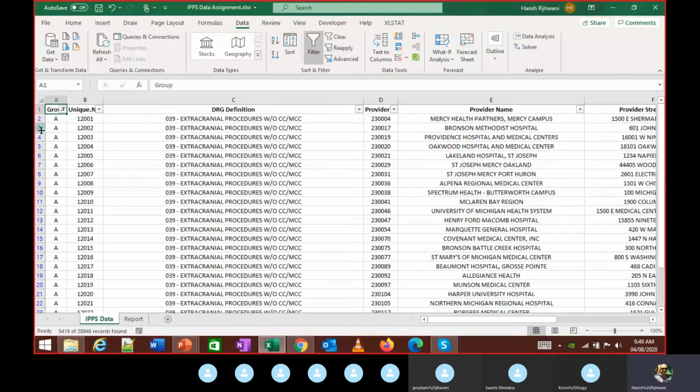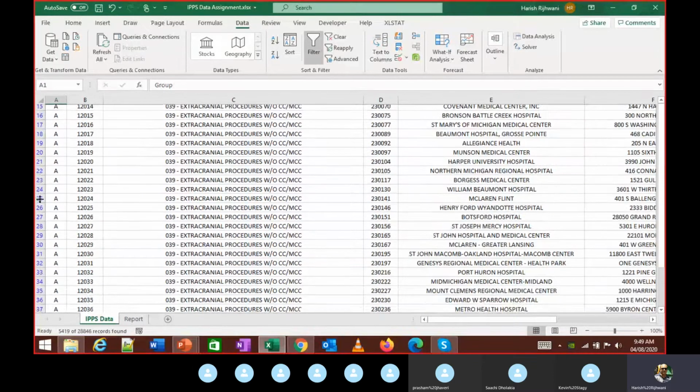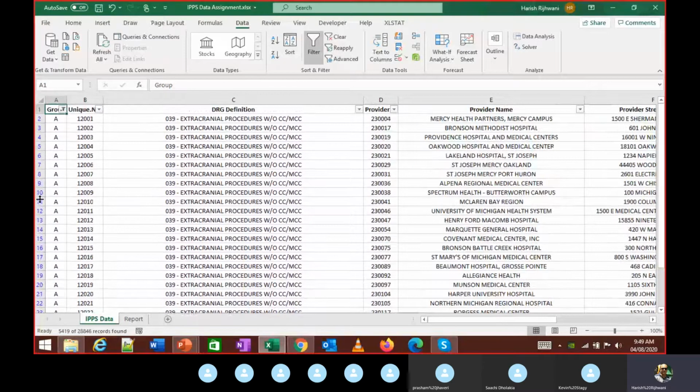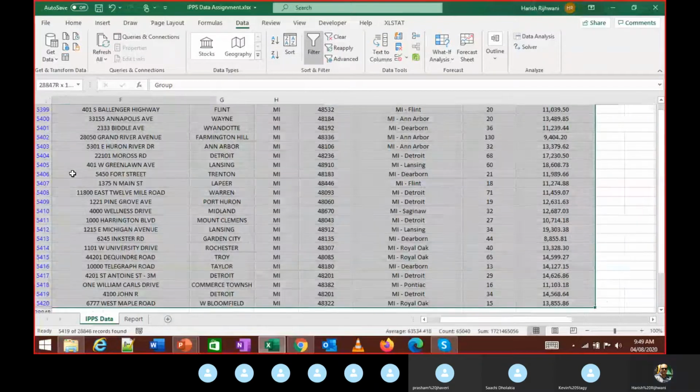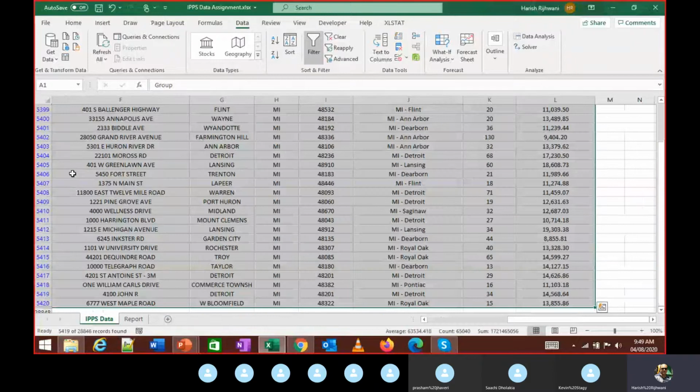Whenever you see this blue color on the number on the left hand side, it indicates that there is a filter applied on this data. To select the entire data set, I can do Control A, it's going to select a particular region, whatever you have filtered.